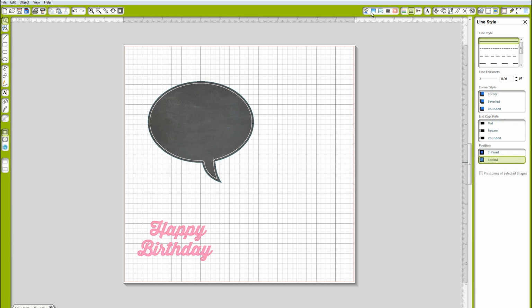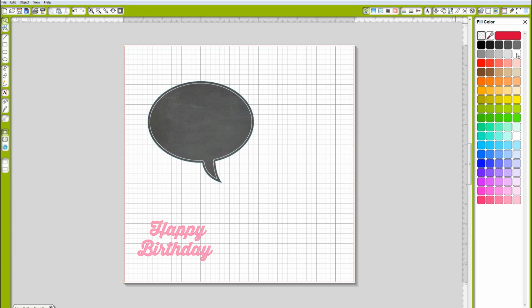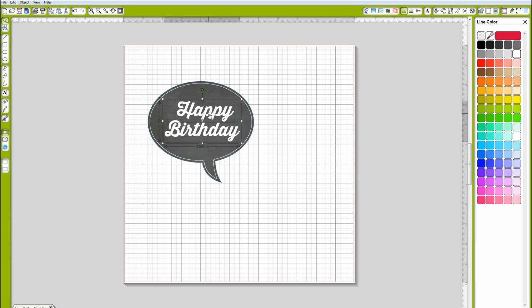And to carry out the chalkboard theme, I'm going to switch these so that they are filled in white and have a white outline, which makes them sort of disappear, but they'll reappear when you drag them over. Now that I have it in a shape, I'll do some slight adjustments. And I'm going to group them all together now that I have, oh, before I do that, I need to change the cut settings,